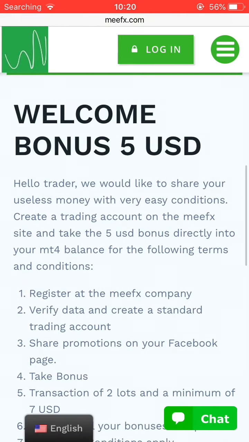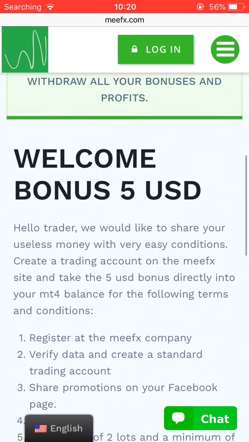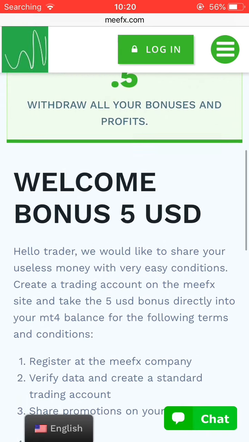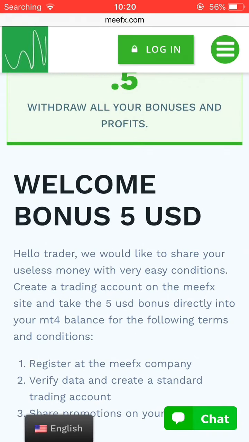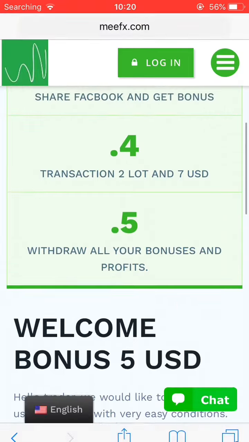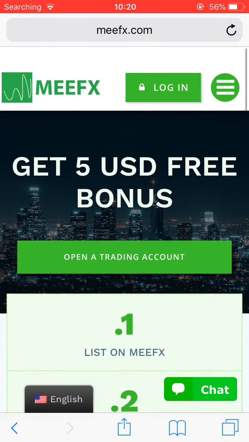Let me show you how to receive this welcome bonus of $5, guys. It seems like a smaller bonus, but it's not really small. You can use it, guys, and you can withdraw all the profits without limit, guys. So I'm gonna help you understand these terms and conditions, and there are not a lot of requirements, guys, so